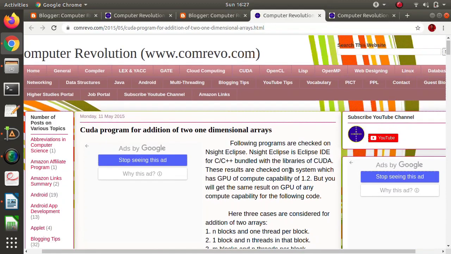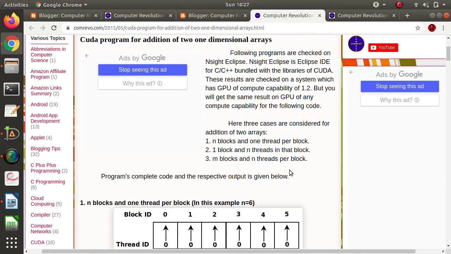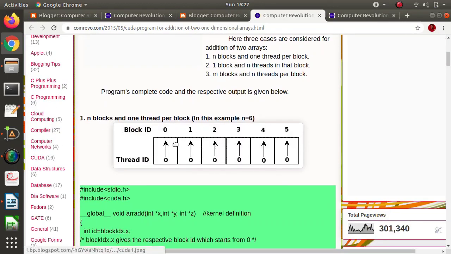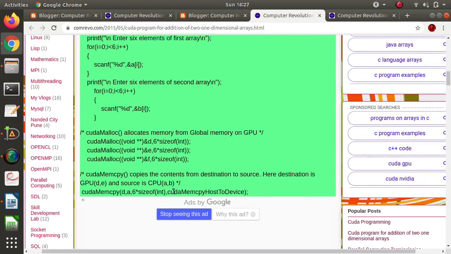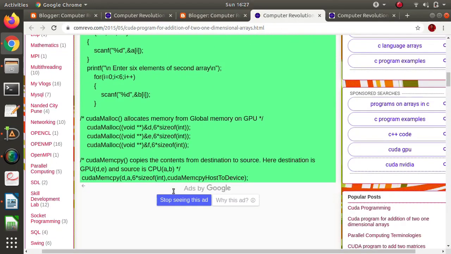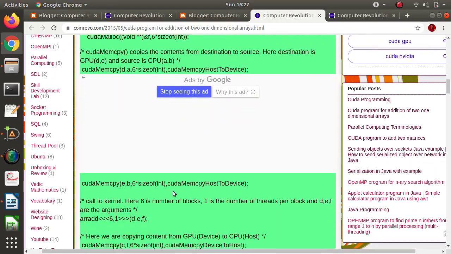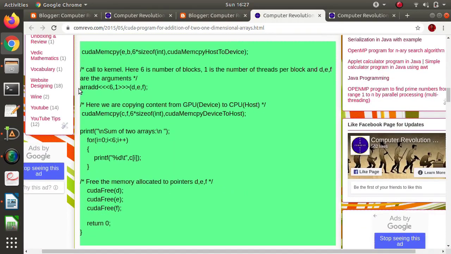When we have to add two one-dimensional arrays, we create some blocks, and in those blocks we create some threads. For example, when we launch any kernel, look at this.